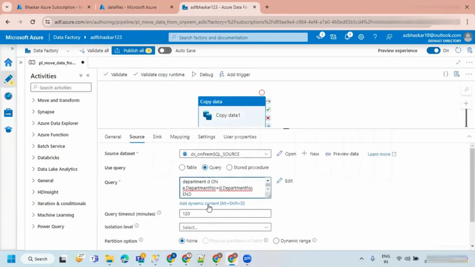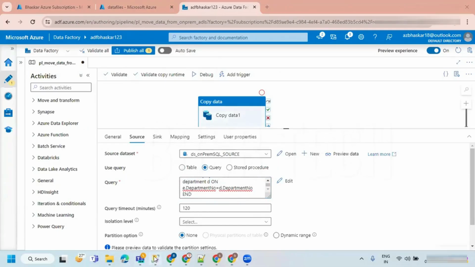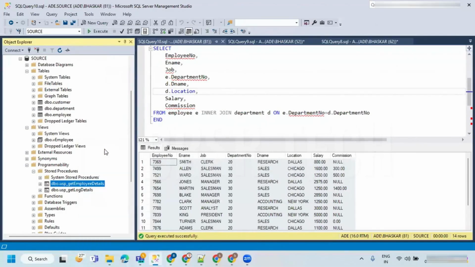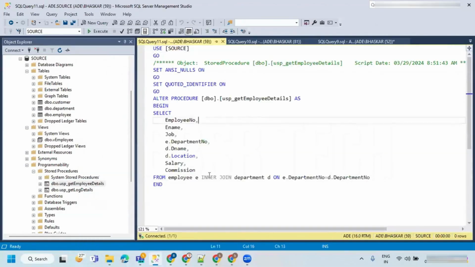If I want to make any change, I have to come to the data factory and do the change. Let's say suddenly they ask you to make some changes in the procedure, in the code. In that case, you can directly go to the procedure and modify it. If they ask for any condition, you can add the condition in the stored procedure. You don't need to open the data factory.